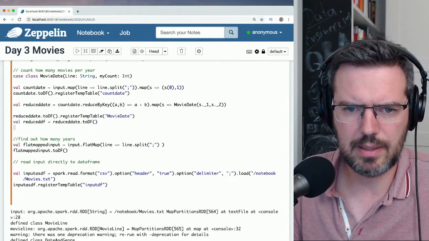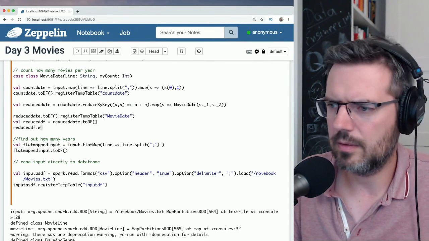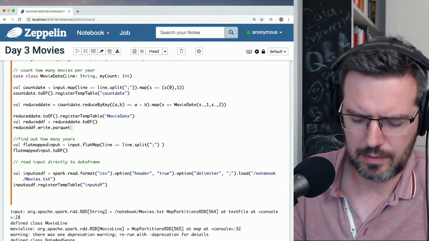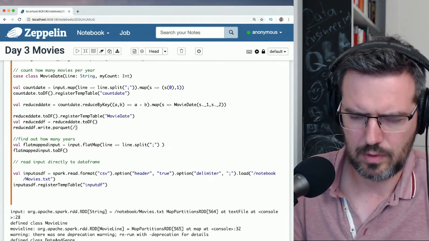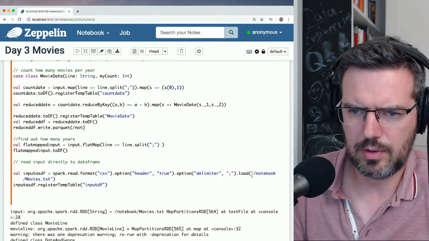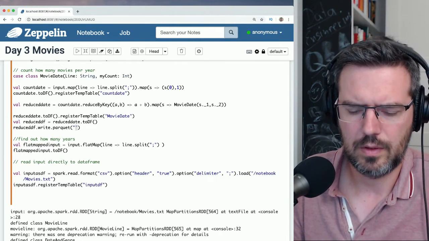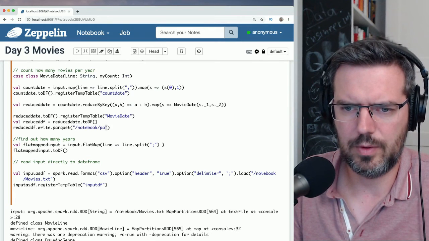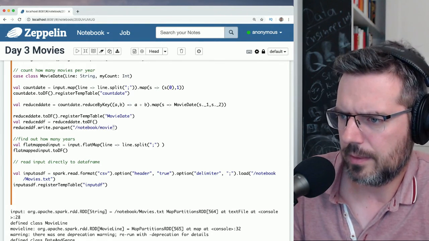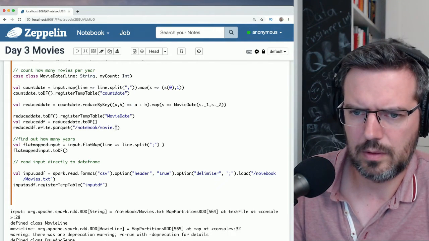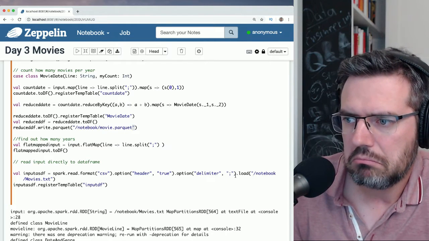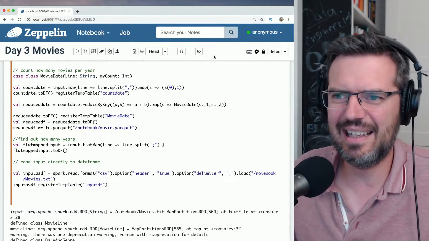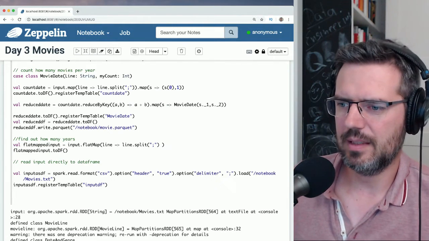And then I should be simply dot write dot parquet slash, how's it called, slash notebook slash parquet or movie dot parquet. Let's try this. Let's try this quickly.